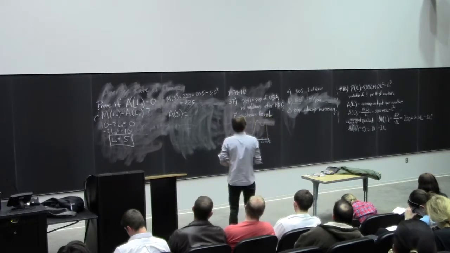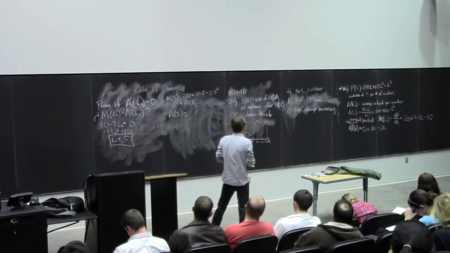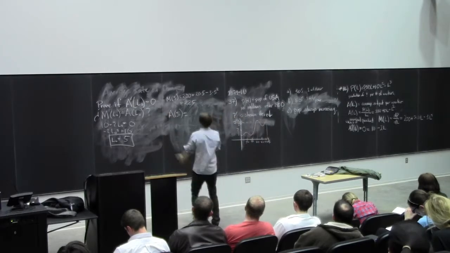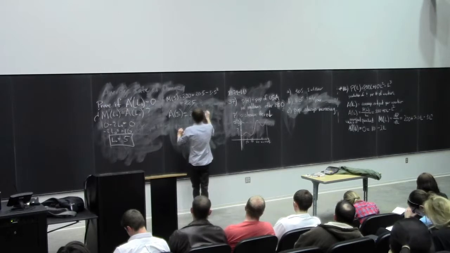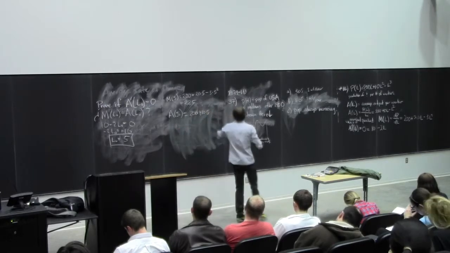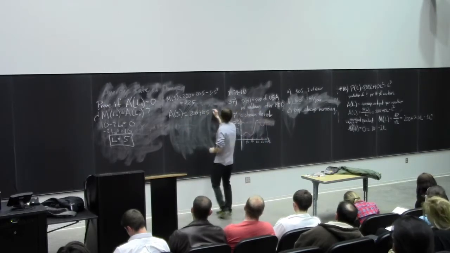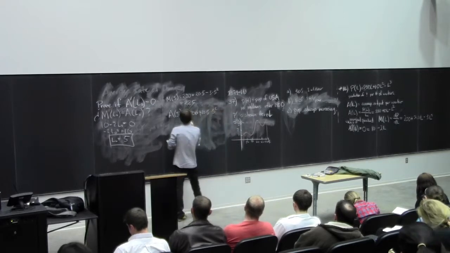That's 200 plus 10 times 5 minus 5 squared. Oh, it works! Okay, so 200 minus 10 times 5, or plus 10 times 5 minus 5 squared, which is equal to,